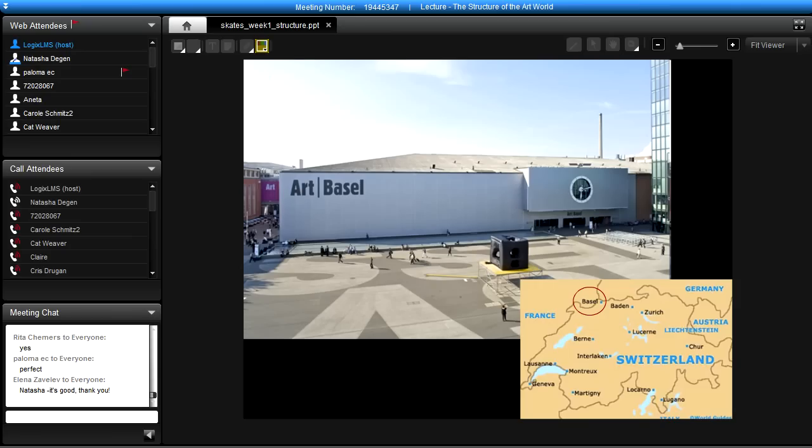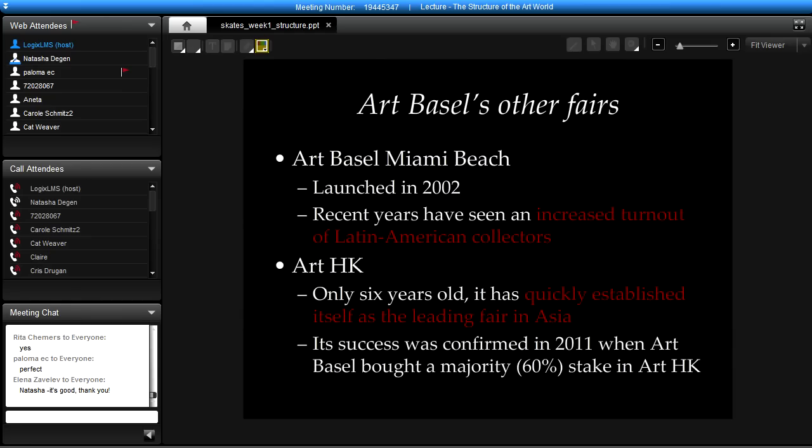And in fact, economic instability in the Eurozone and worldwide has helped the fair, which represents the very top of the market, because art often tends to be a place where people want to park their money when faced with things like currency devaluation or currency instability, or when other forms of investment are seemingly unstable or less reliable.